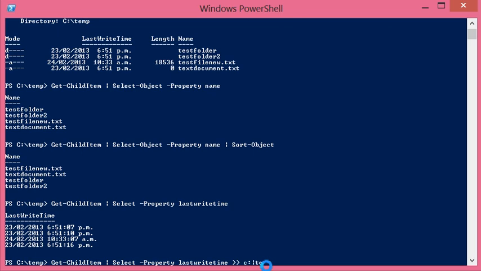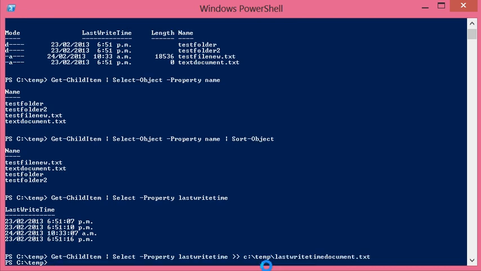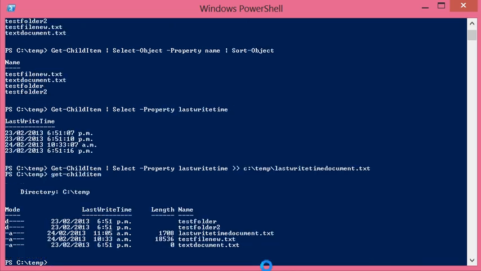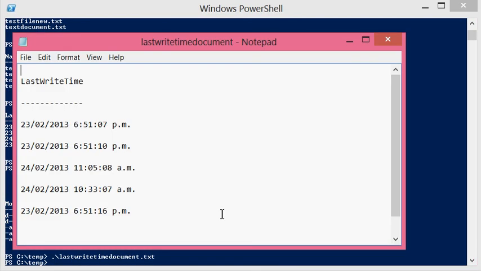It will accept it. Let's put that into a file. Last write time, document.txt. Now if I put in dir, Get-ChildItem, I'll see that file is there. Let's have a look at it. Tab. Okay,